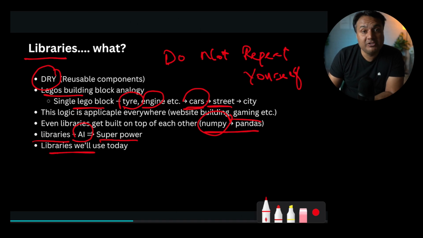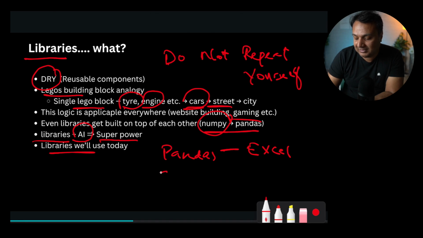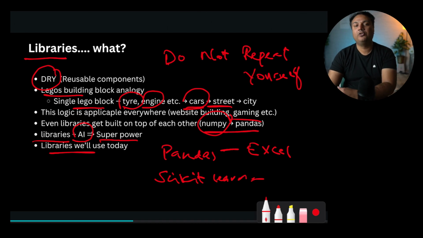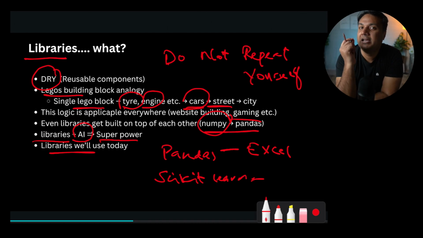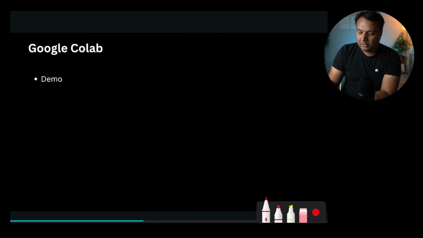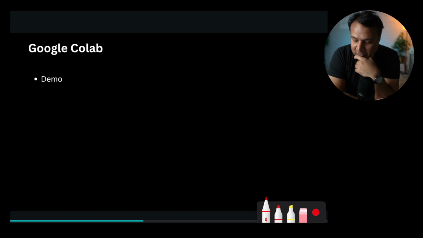And there are some libraries we'll be using today. As I said, pandas, which is the SQL, the Excel in Python. And then there is scikit-learn, which is for machine learning, where you teach machines how to predict the future. Cool. So now let's get our hands on the laptops and let me teach you some stuff on how we would be doing some of the interesting actual coding work.